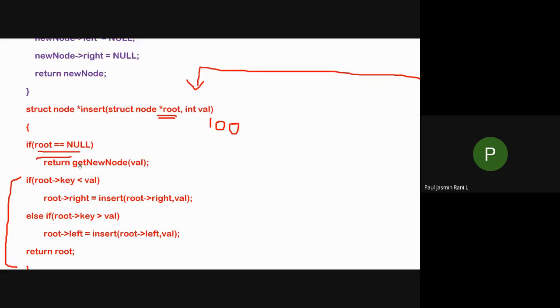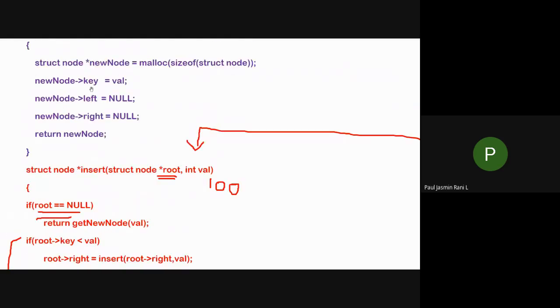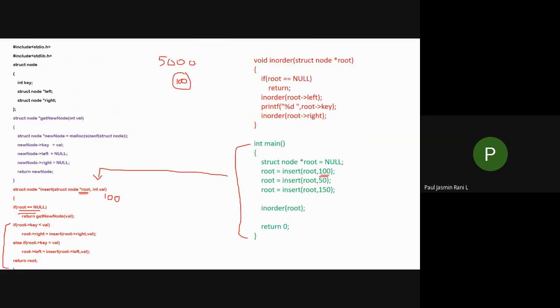So I am calling this function, assigning the new node of key, and I am assigning left and right child as null and I am returning the address. Okay, so at present I have created only this particular node, and the left child of this one is marked as null and the right child of this one is also marked as null. I hope you follow, because 5000 of left is null and 5000 of right is also null. Okay, that is after executing this statement.